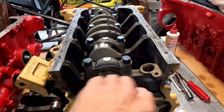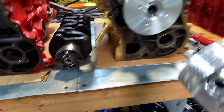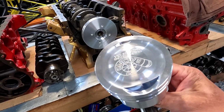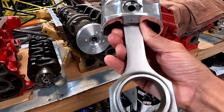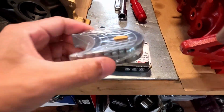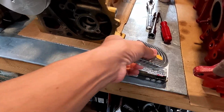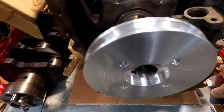And next we will check rod clearance. Also, this is the piston and rod assembly it's going to have. It's a 86 millimeter bore with another set of Eagle rods for the 3TC. It's got a pretty decent wrist pin in there. So we will check the clearance on that as far as rod bearing goes. So it's got a King rod bearing. It's got a King main bearing, and this motor we actually, I don't know if you saw our last bread